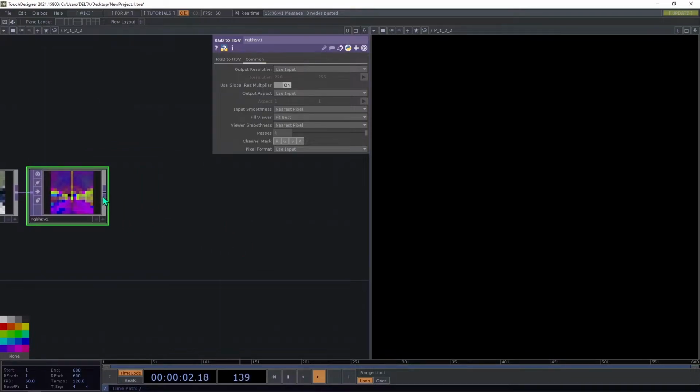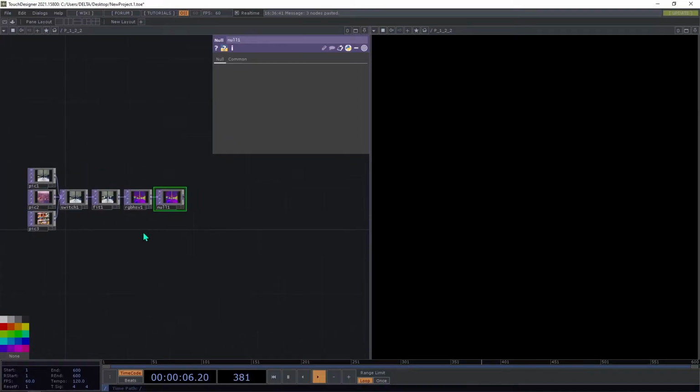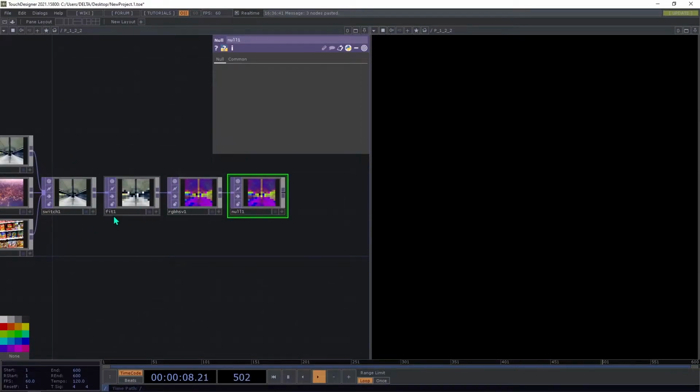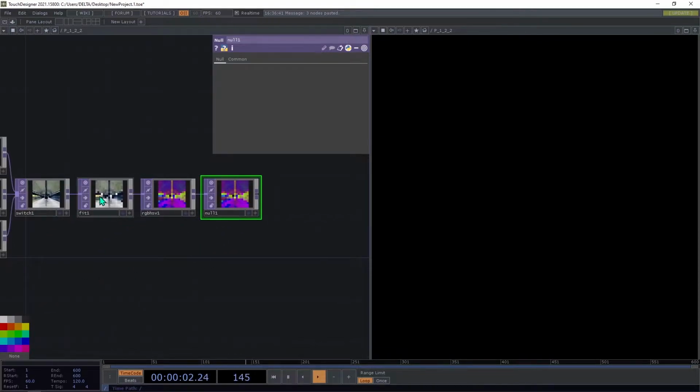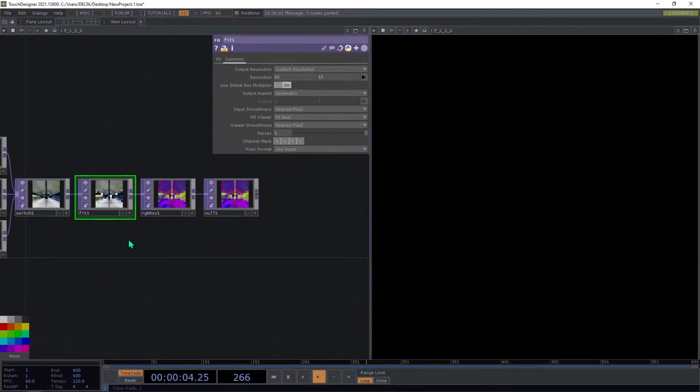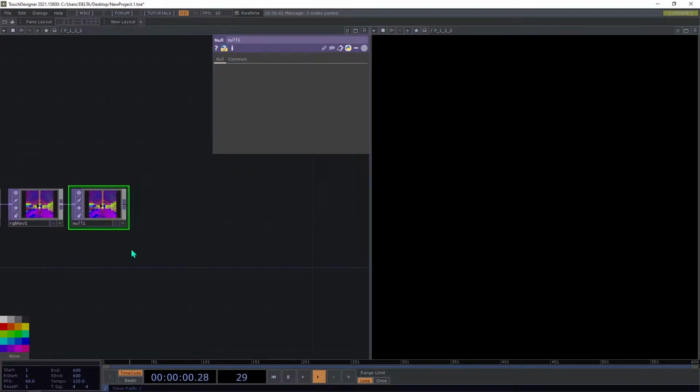Okay, after this we're going to add a null, and to make this sorting method we need to change our data from TOPs to CHOPs, because CHOPs will help us to make this sorting